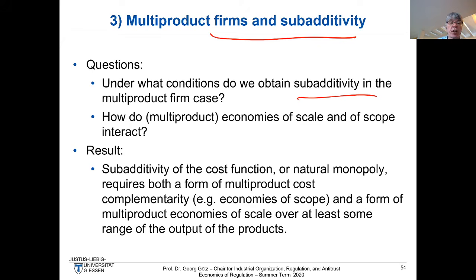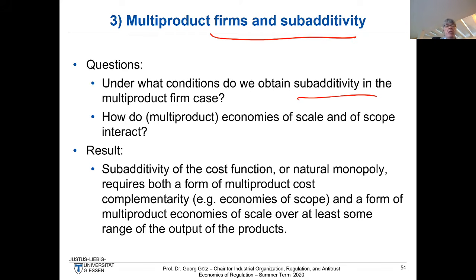Okay, and now here we are just looking for the technical definition, of course, because it means that subadditivity technically does not mean that it's optimal or that it's going to happen that we have a single firm being active, as I explained to you in some detail when discussing economies of scale. But now we want to discuss this topic of subadditivity in the context of multi-product firms.